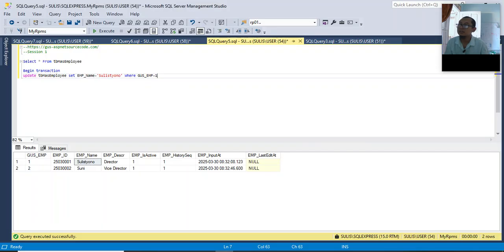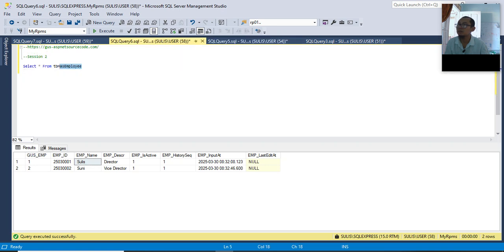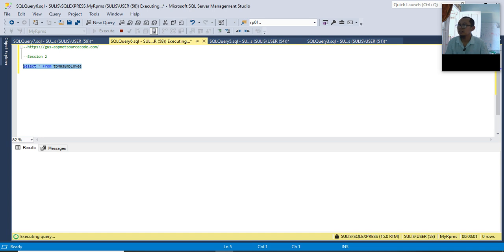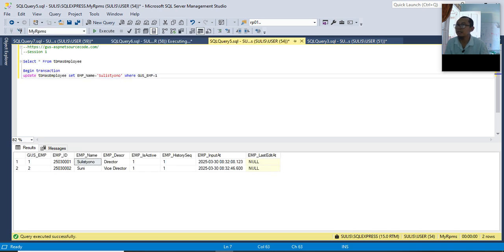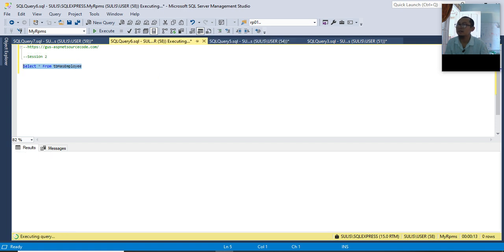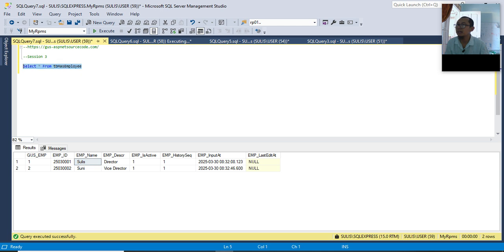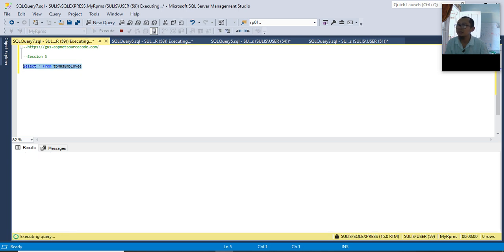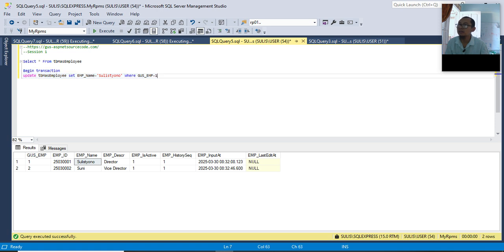Now let's check our data in session 2. See, it is executing. Why? Because the data in the employee table is being processed and not committed or rolled back. Let's see what if we check the data in session 3. See, it is executing. It is waiting for session 1 to commit or roll back the transaction.